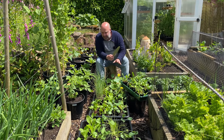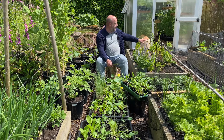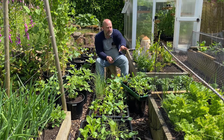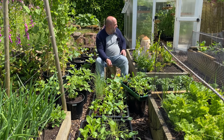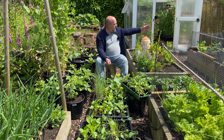What I'm going to do now is start clearing out this bed because all the chard and the spinach has gone over. I'm going to move that net over from there because the lettuce is starting to bolt, and move the net over here. And like I say, I'll do a line of kohlrabi in that bed, and any of the spare chard